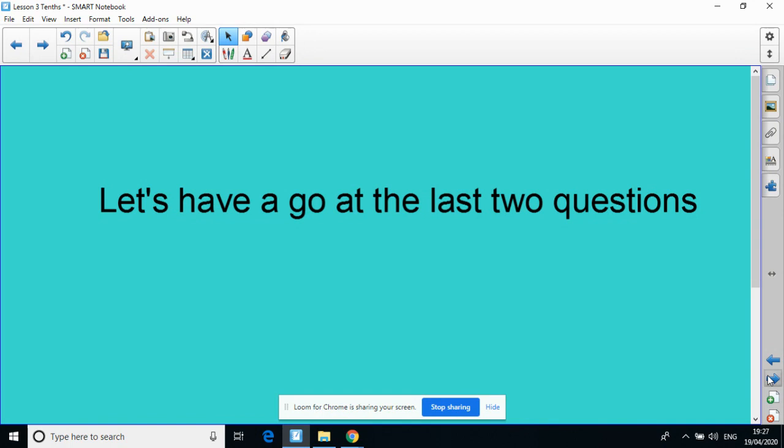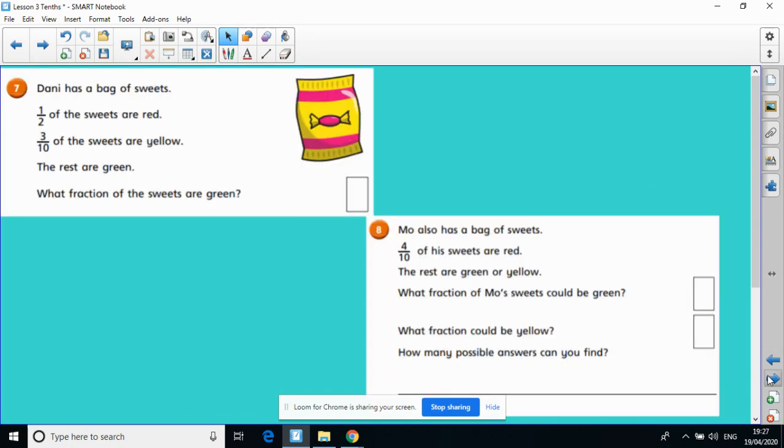Let's have a go at the last 2 questions. Question 7. Danny has a bag of sweets. Half of the sweets are red. 3/10 of the sweets are yellow. The rest are green. What fraction of the sweets are green? Remember,